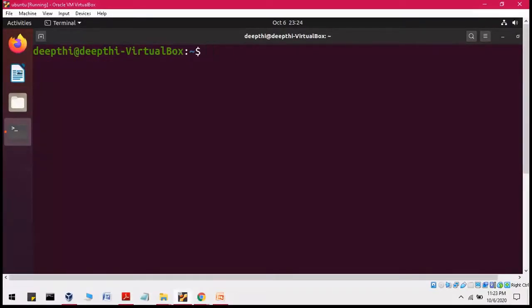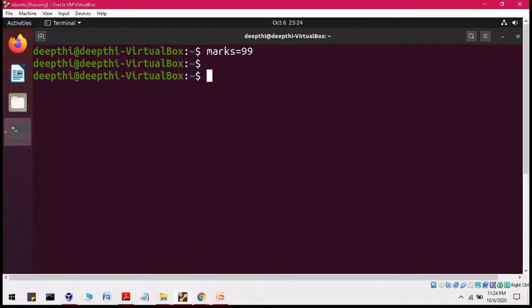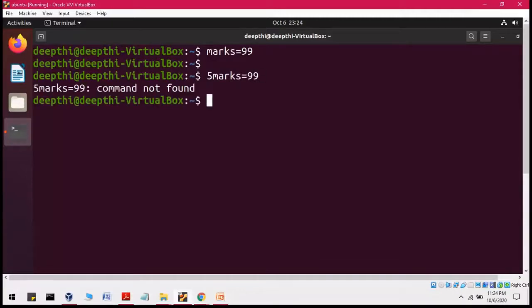The second rule was, if I have a variable, I can store some value into it, but a variable name should not start with a number. So if I say 5marks is equal to 99, this is incorrect because it is starting with a number.